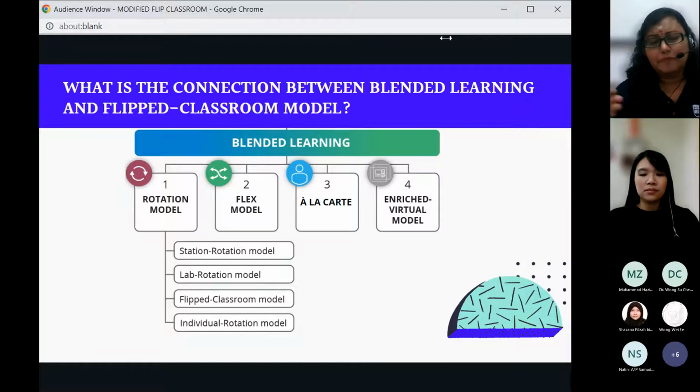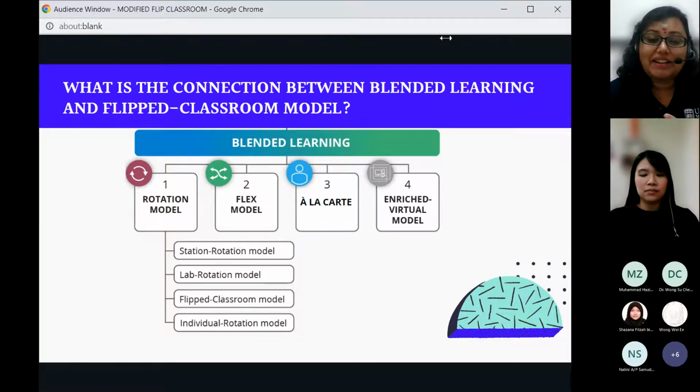It's always updating. For the first one, we have the rotation model, which is one of the most common ways of blended learning. Perhaps when I describe it, you'll say, oh yeah, I've done this before. And then we have the flex model. We have a la carte.